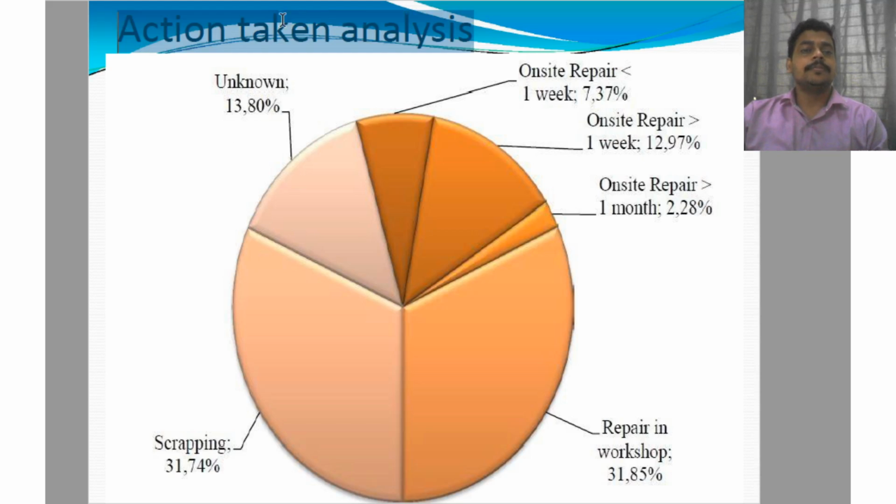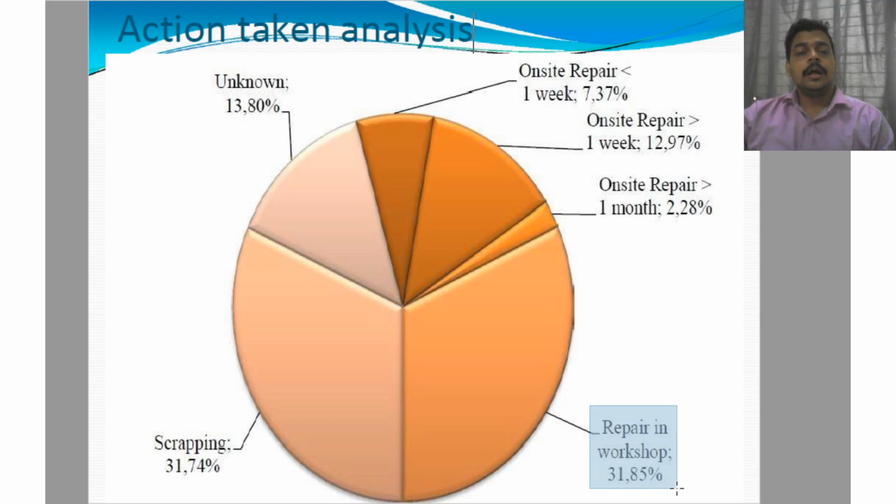Now after the failure we have to take action, because we cannot sit idly and expect things to happen on their own. It is not the way. As engineers doing maintenance work, we have to take some actions. So ultimately repair can be possible for some cases. The percentage is 31.85%, or ultimately if